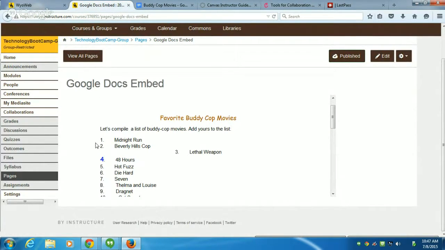But when anyone comes and visits this page, they'll see the real-time, most current version of that. So I think that's a really powerful way to bring something from group work and display it to the rest of the class. But, you know,